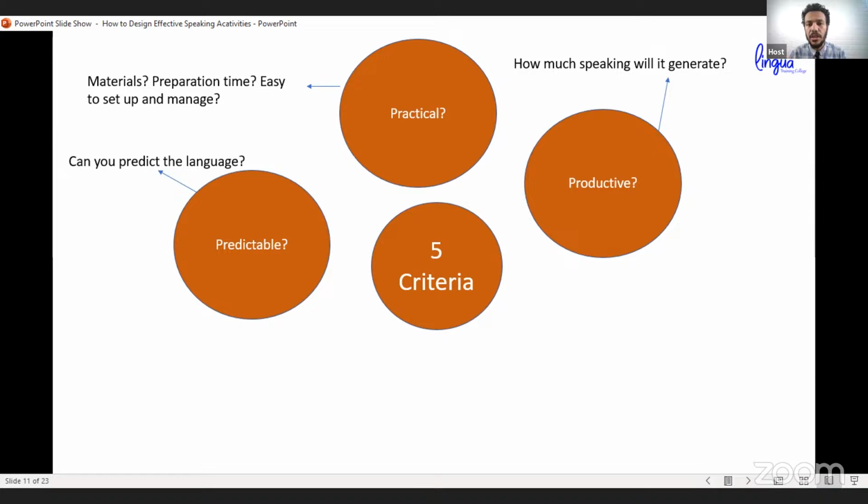When you give them a speaking activity, you have to be sure that by the end of the day, when they start doing the activity, they will use the language you taught. So now you predict what is going to be produced from your students, so you can give them feedback on their language, and it has to be complete